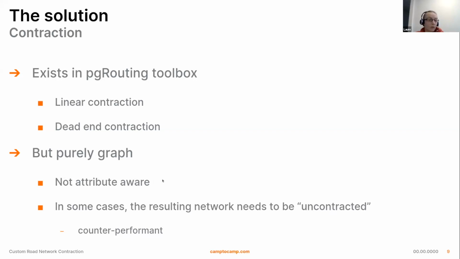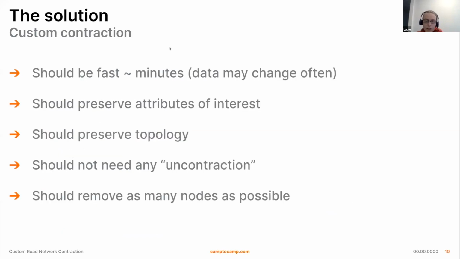So we decided that we needed to implement our own. We looked around and didn't find any solutions that were good enough for us, so we decided to implement our own algorithm. We had some constraints. We wanted the algorithm to be fast, a matter of minutes, because the data may change often and we want to have the data as fresh as possible.